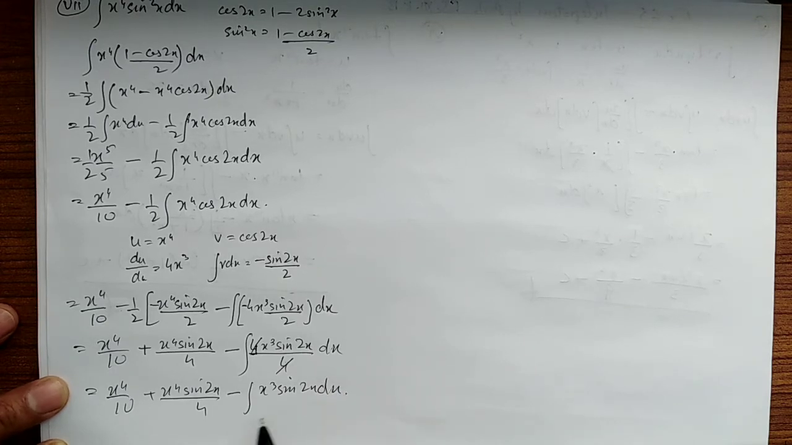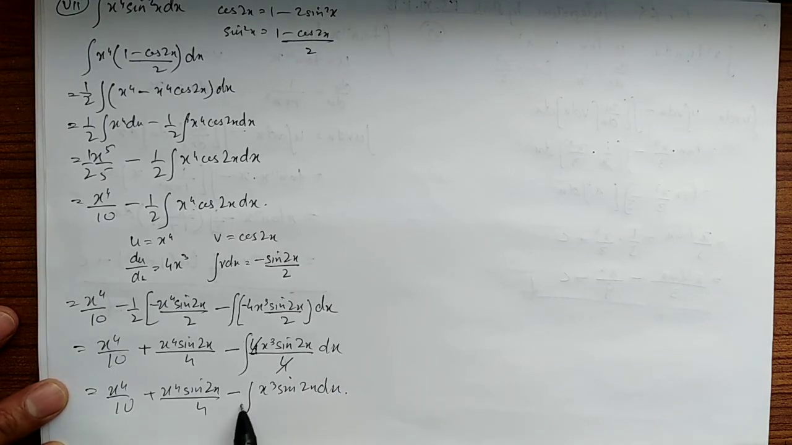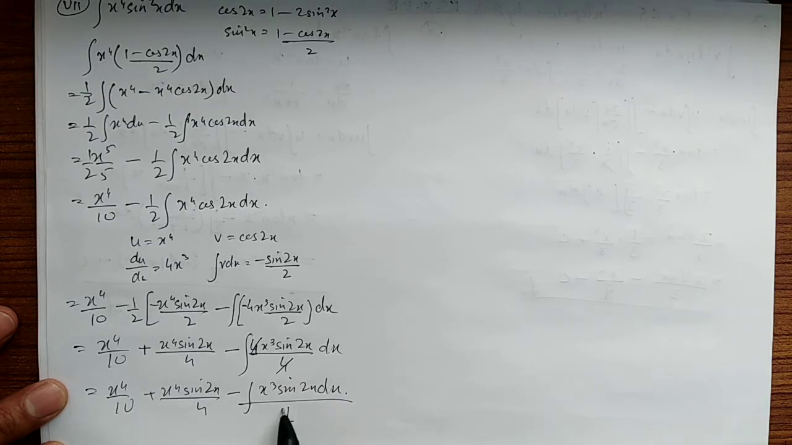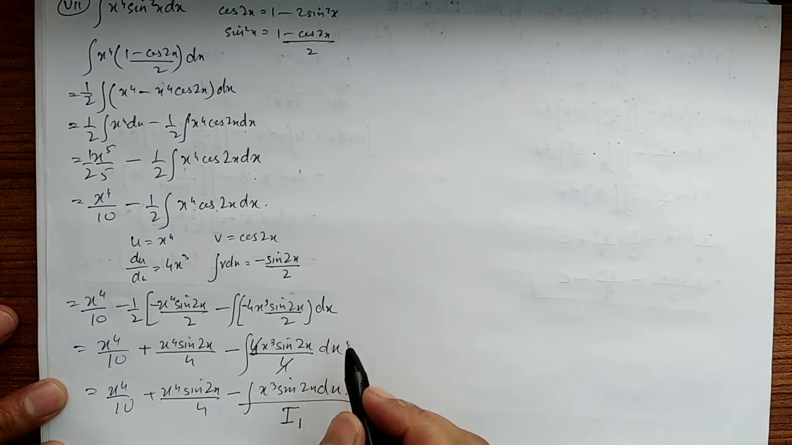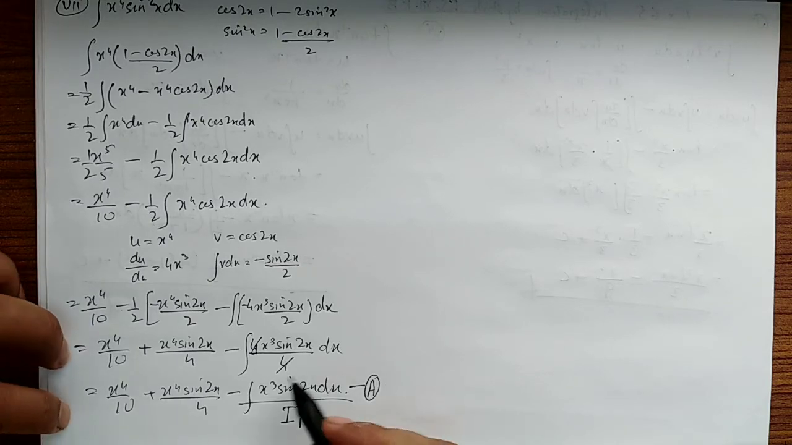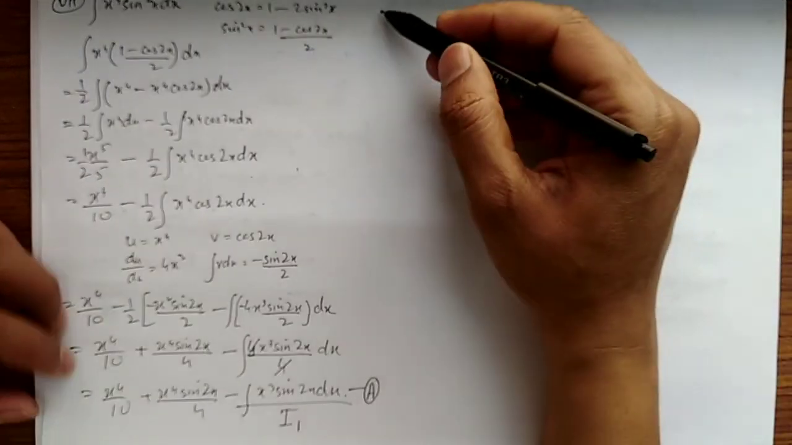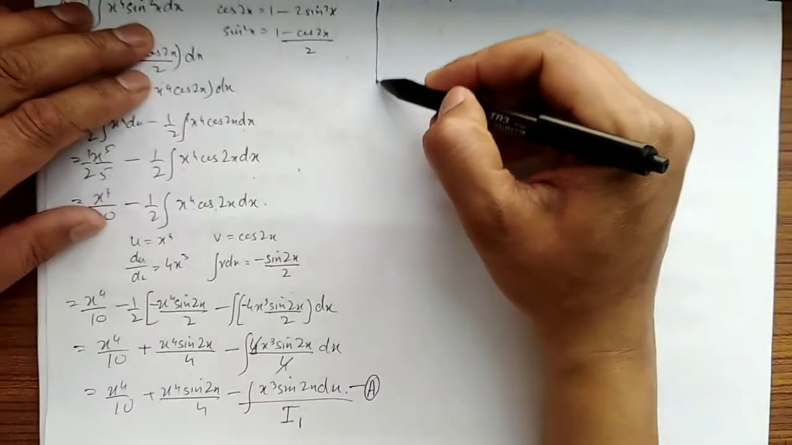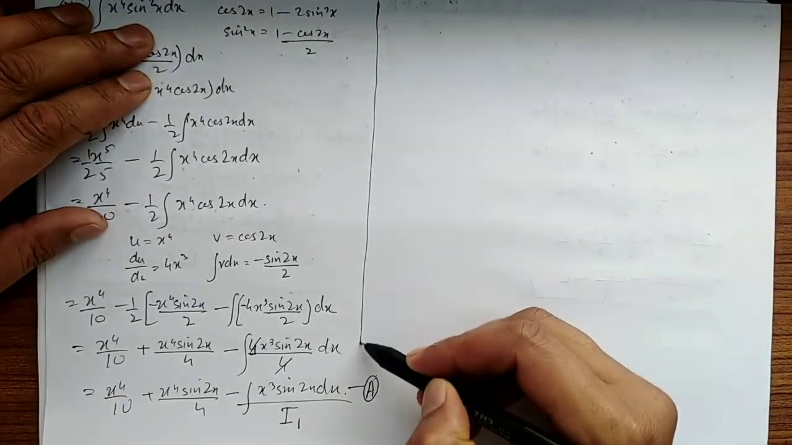So you can see we have to apply the formula again on this part, and we are taking this as I1. I'm going to name this equation as A. Keep this in mind, this is our equation A, and we are going to simplify this integral by parts again by applying the formula. Okay,